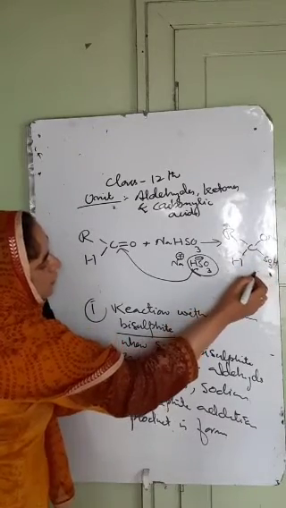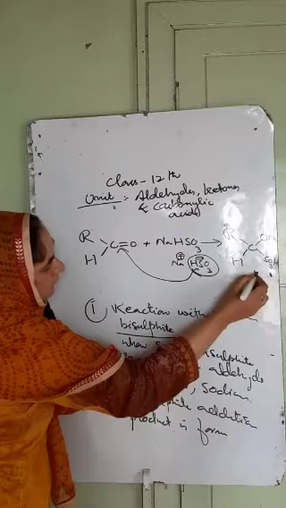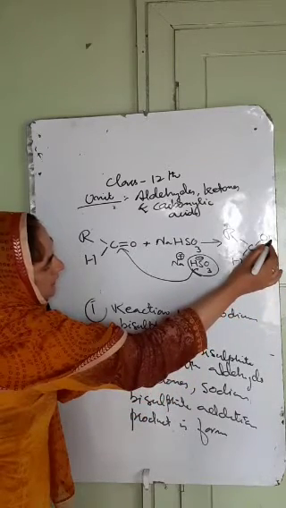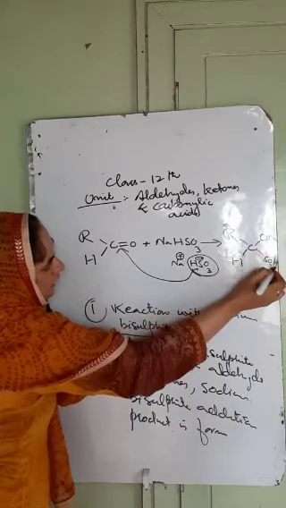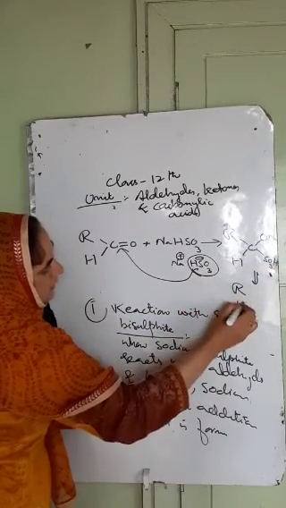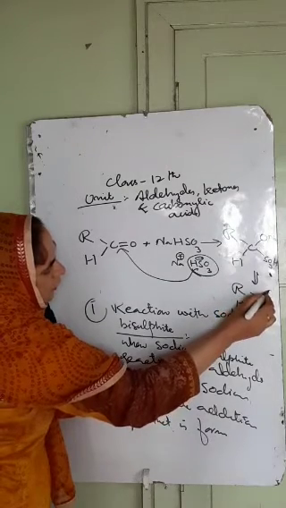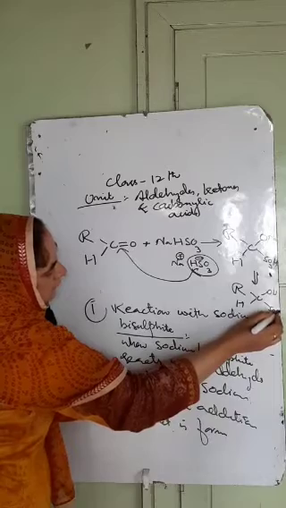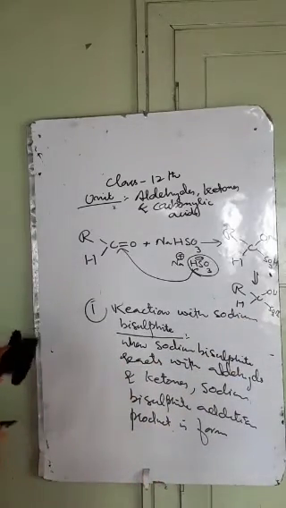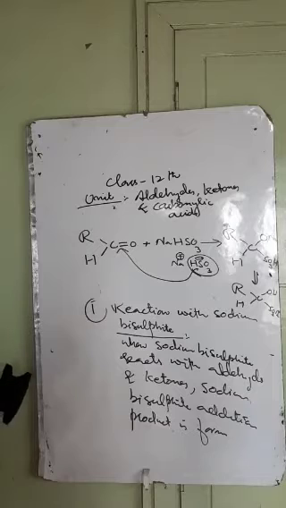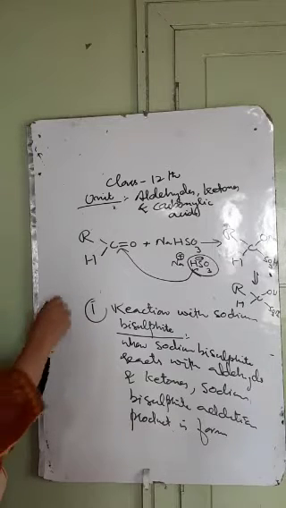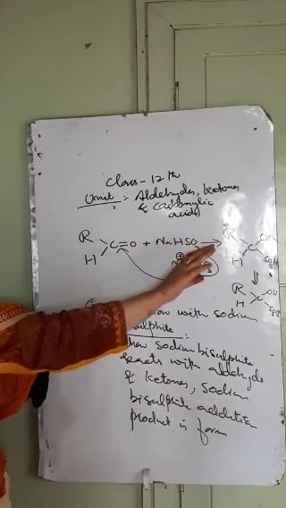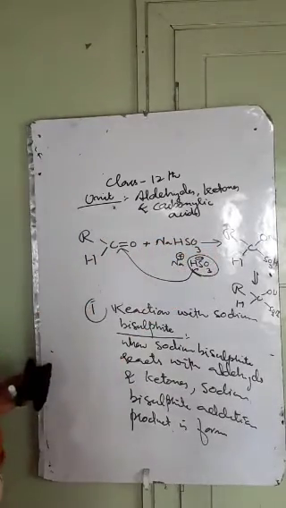So here some rearrangement happens. This hydrogen shifts towards the oxygen, it gets attracted by the oxygen, and sodium comes here. That is H and C-OH and SO3Na salt. This is how the sodium bisulfite addition product is formed. Similarly, ketones also react, but instead of the hydrogen atom we have R here, and we have the same pattern of reaction followed by the ketones.